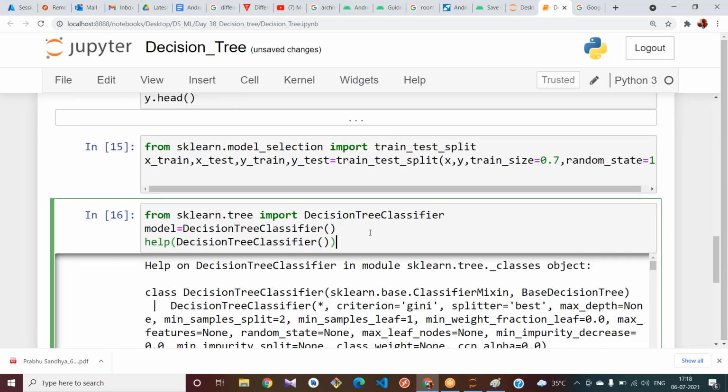How can we know? From learning only you can get to know. If you want to see what are the algorithms that are present, you can take the dir of sklearn and you can see every module or package present in it. But by learning only you will know under which module what classifiers are present, or you can see from this sklearn module.